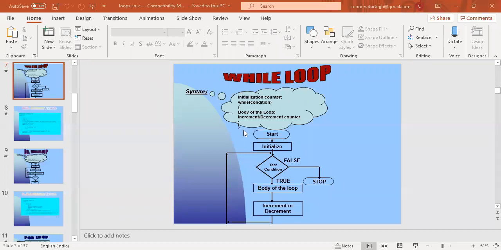Now next time I'm going to check, I'm giving 3. So 3 modulo 2 is not equal to 0. So the condition is false. Then it will move on to the else part. In the else part, it is simply written printf the number is odd. So my compiler also shows me that 3 is an odd number. Simple. But in the case of while loop, until my condition is false, the loop is executed repeated times.